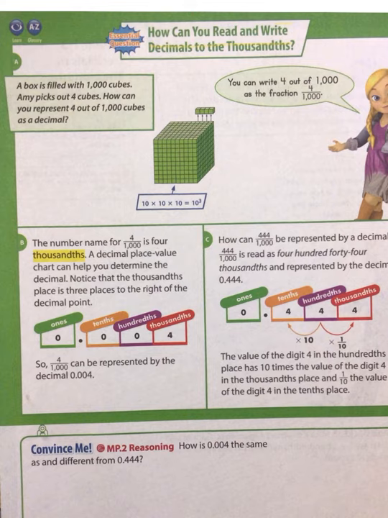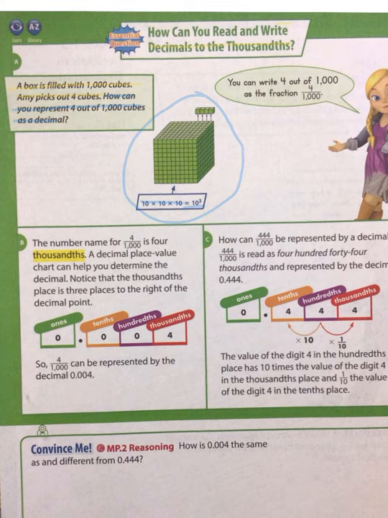Here we go. A box is filled with 1,000 cubes. Amy picks out 4 cubes. We want to know, how can you represent 4 out of 1,000 cubes as a decimal? Well, here are our cubes right here. And in our cube, we're going to have 1,000 cubes, which would be 3 zeros. So we would have 10 times 10 times 10, which would just be the same as 10 to the third